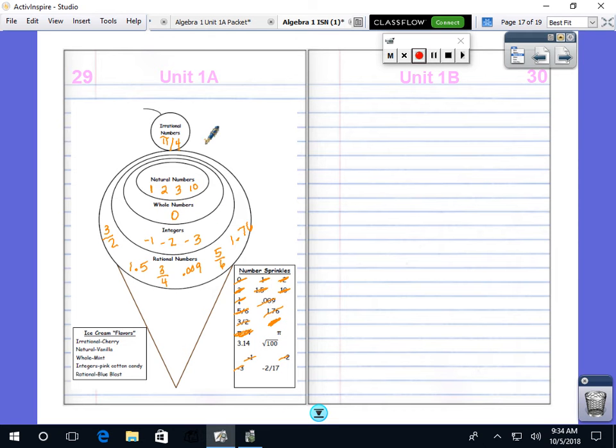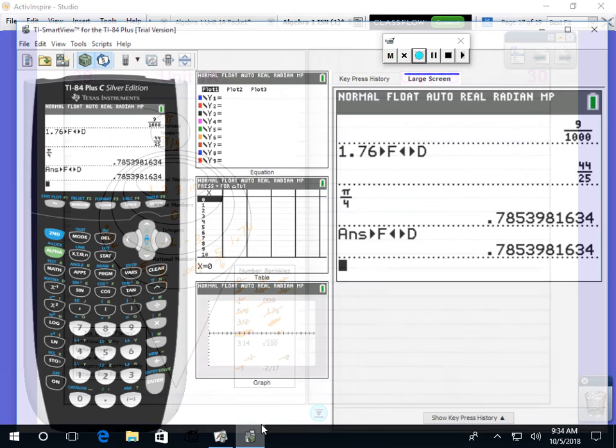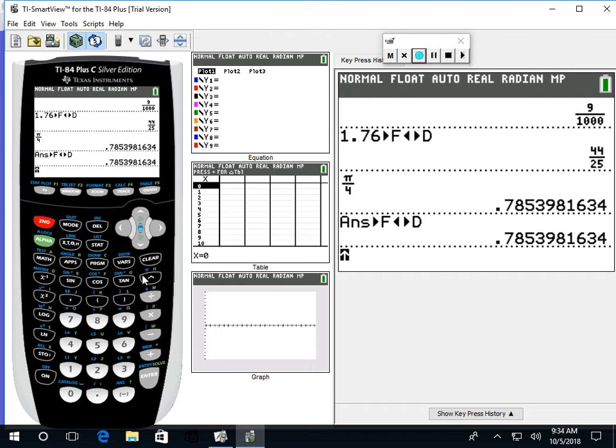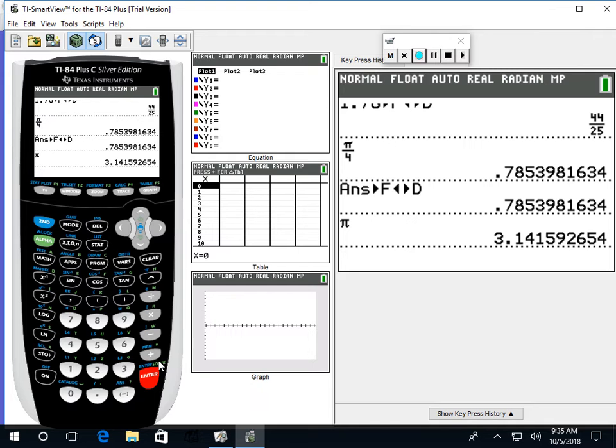Okay, so put pi in the irrational, but don't let that confuse you with this. Even though, yes, most of y'all know pi is 3.14, let me show you the difference. If I just do pi on my calculator, that's what I get. Okay, well, when I try to turn it into a fraction,